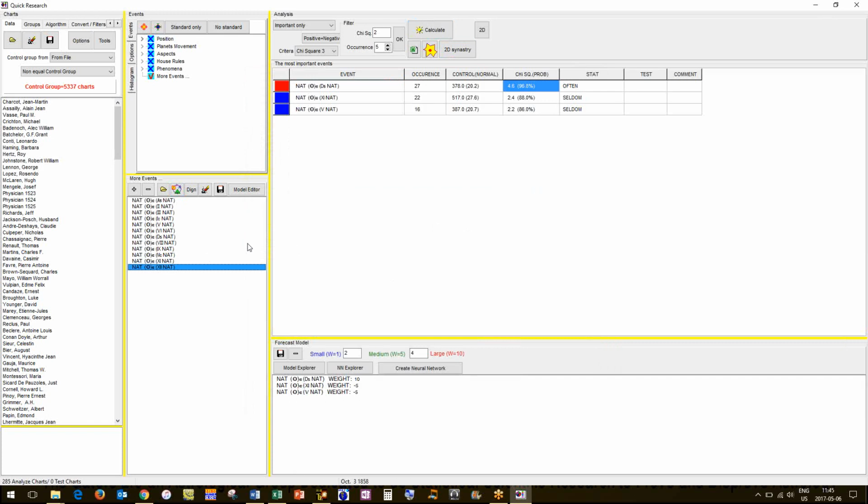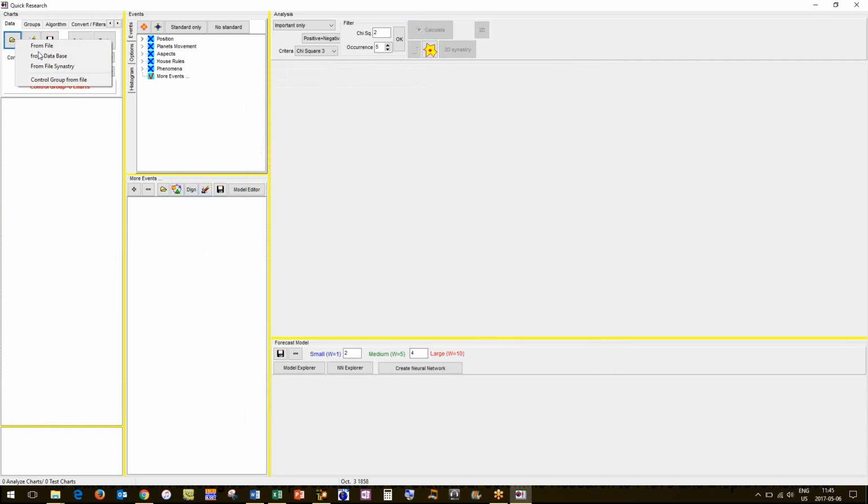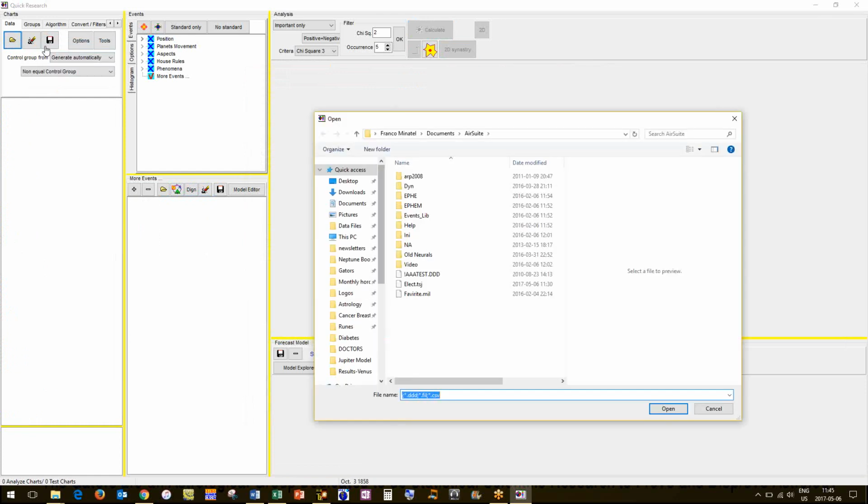So as you go, then what you do is you create them. So if we go back to, okay, I want control group general. If we go to diabetes, from file, we're going to go back to our diabetics here. Load all my diabetics.